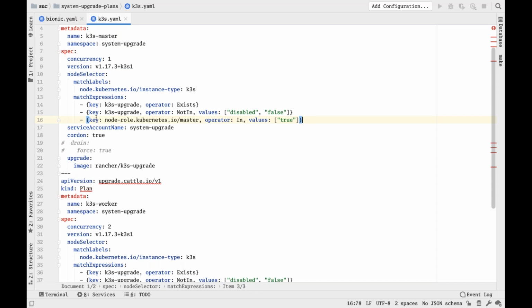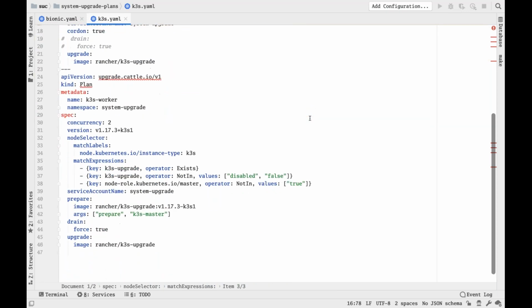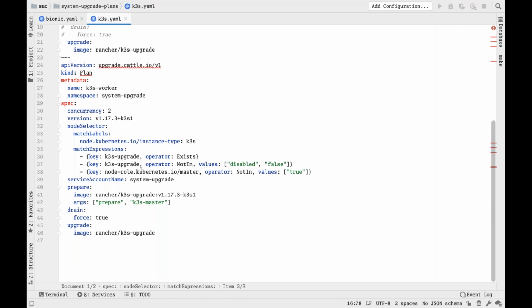And so one thing that we're doing here, the real trick here, is we've got this K3s upgrade gate label that I haven't applied yet to my cluster when we go and look at it, but this one has been applied, right? So for the master plan, we want that to only apply to master nodes. And as you'll see, the worker plan is exactly the same, except for 2 bits. And that is the master role selector is inversed, reversed. And there's a prepare container, which says,